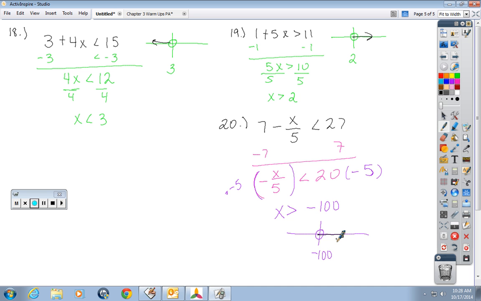Last one. 21. Was what divided by 2 plus 1